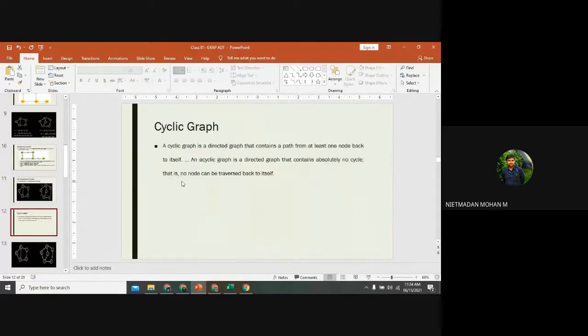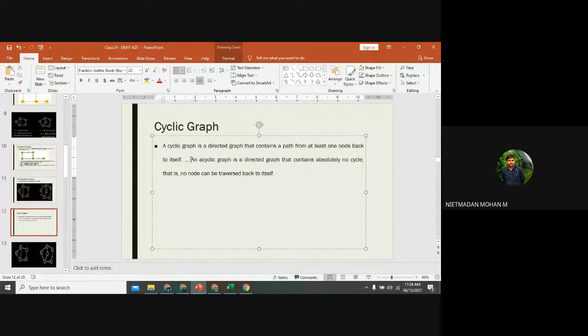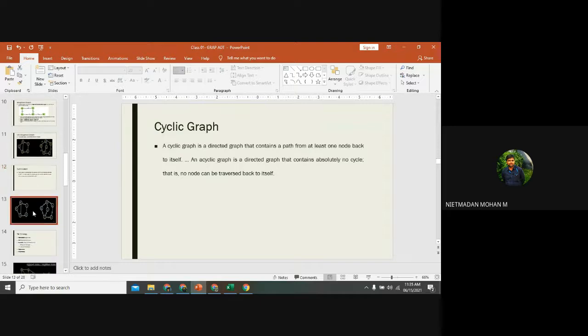So here we are going to study only the cyclic graph. And if they ask for a non-cyclic graph, you just give the definition and an example, that is a tree structure. That's enough. Most probably these questions will be asked in your 2 marks.